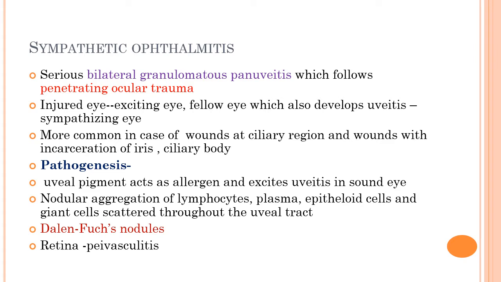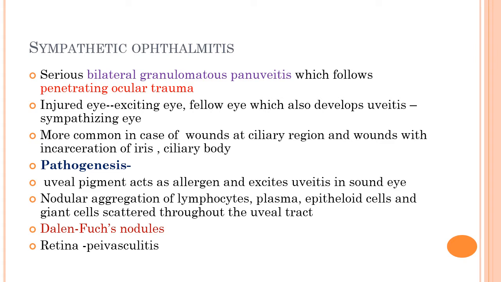This is because whenever there is a trauma, there will be exposure of the uveal tissue. It may be the iris, the ciliary body, or the choroid. What happens is that a reaction takes place because of the release of these pigments. So these allergens act as stimulating factors, and that causes uveitis in the other eye, that is the sound eye. So when the other eye is involved, we call it the sympathizing eye, and hence the name sympathetic